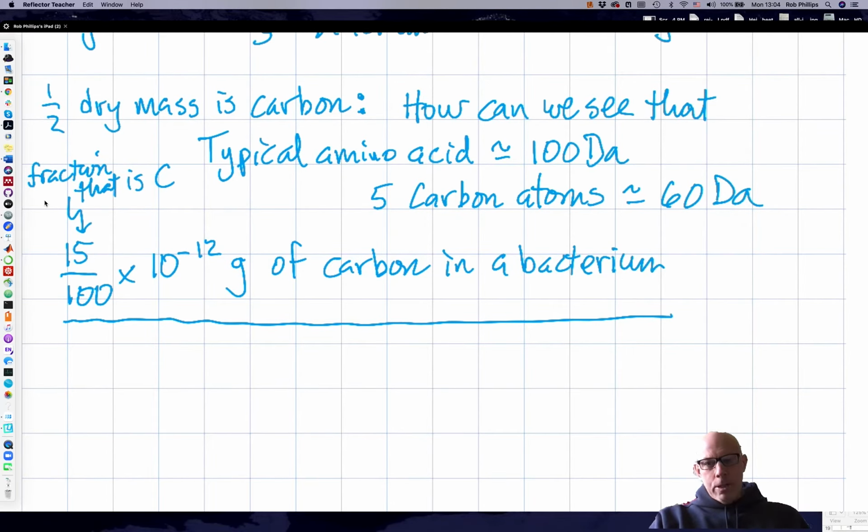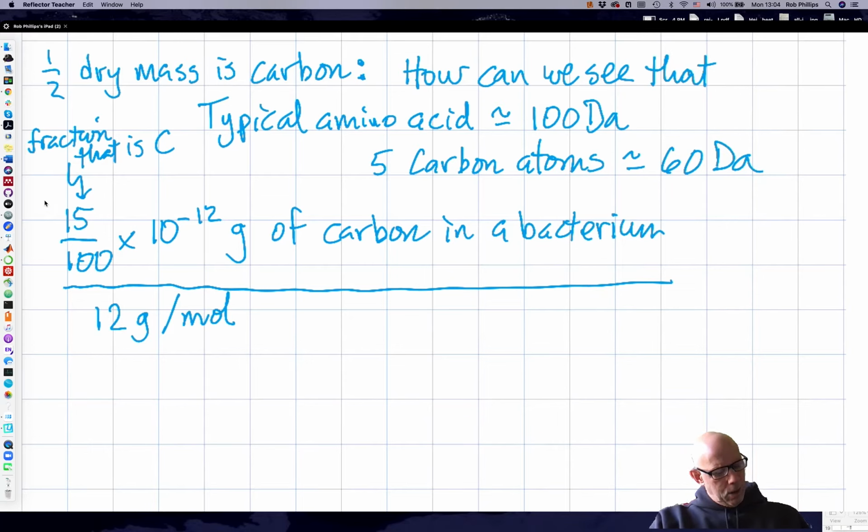And then what I want to do is divide by 12 grams per mole. So I'll just take the 15 and the 12. What do I want to do with those? So maybe we'll call that 5/4 times 10 to the minus 14 moles